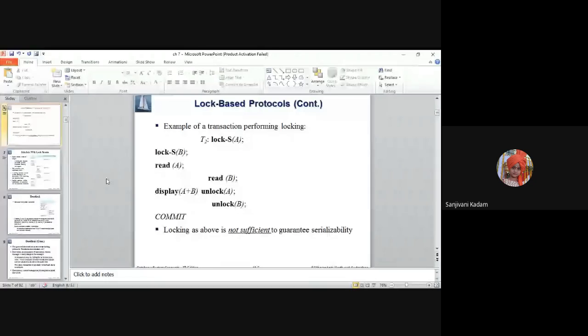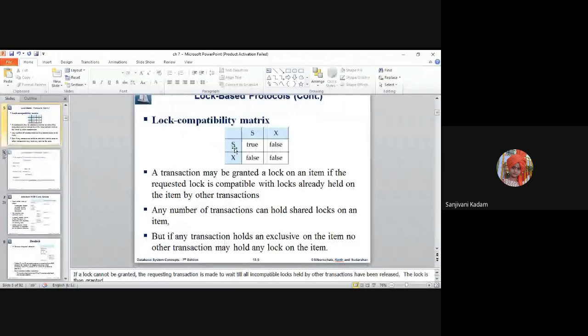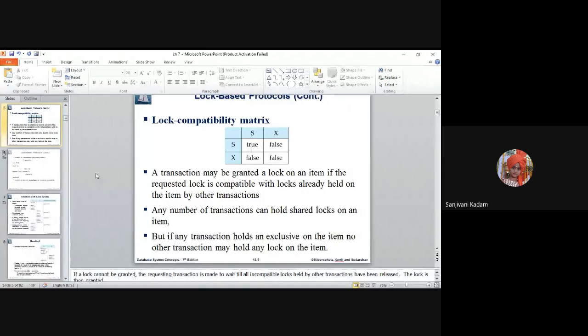Whenever a shared lock is available, a shared request can be granted. And whenever a data item is locked in shared mode, no exclusive lock can be granted. If a transaction already has an exclusive lock on a data item, neither a shared nor an exclusive request can be granted. This was the lock compatibility matrix.